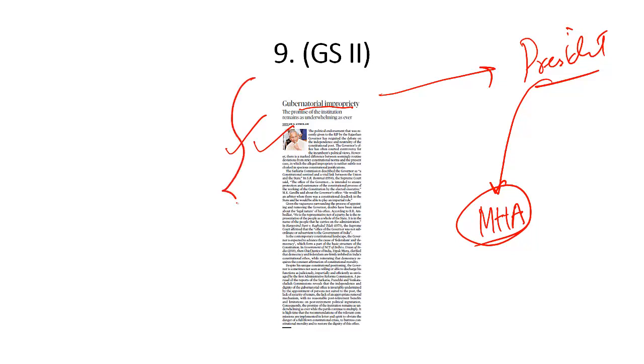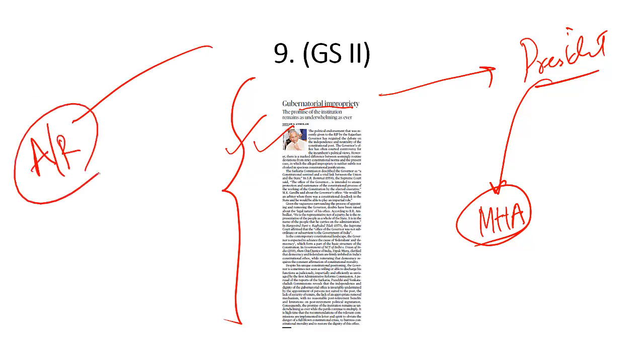So this column basically highlights that it is important to change the manner in which the governors are appointed and removed, so that these governors cannot act as the political stooges of the central government, because the governor enjoys a distinct constitutional entity in our constitutional setup. The governor is not the agent of the central government in the state. The governor cannot play partisan politics. The governor cannot play politics. The governor is a constitutional representative of the center in the state.